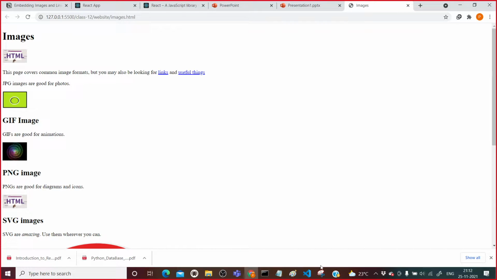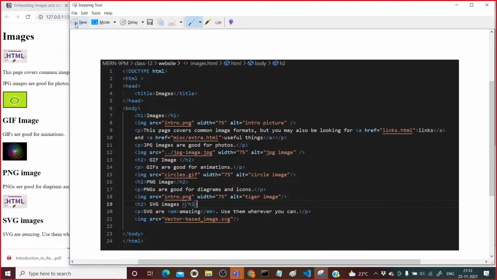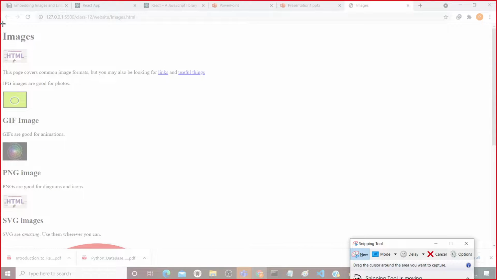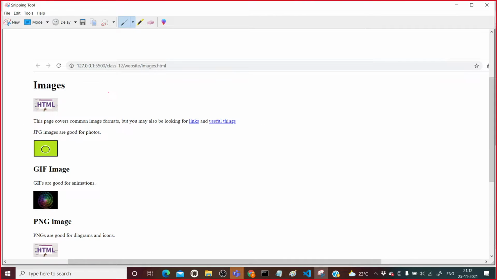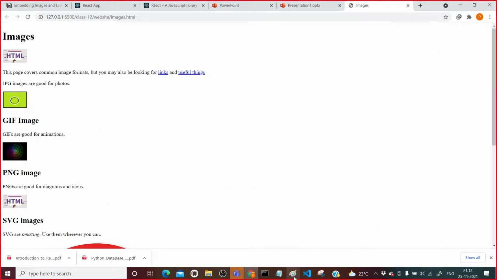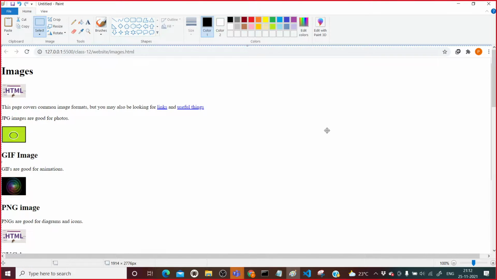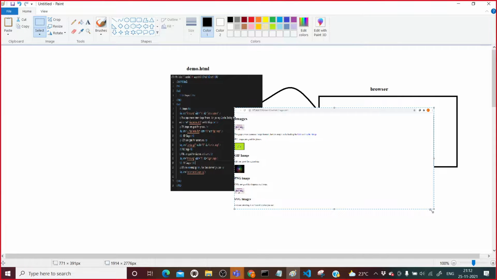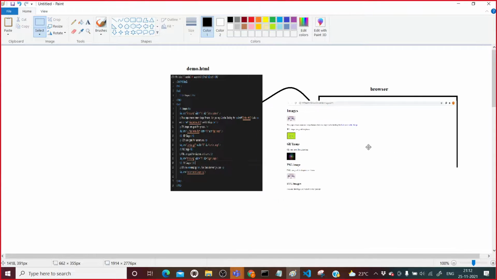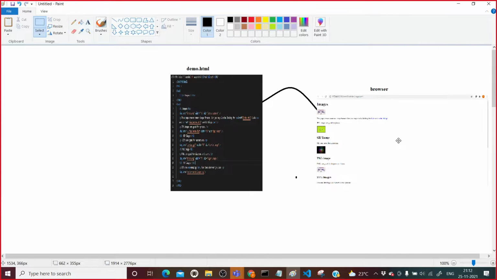I will snip it as well, then copy it and paste it here. After pasting it here, I will try to reduce the size. After reducing the size, it is showing like this.